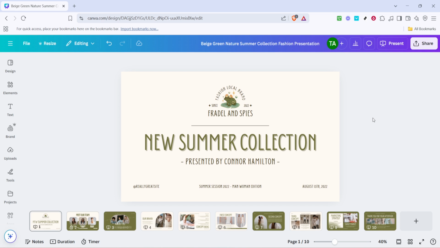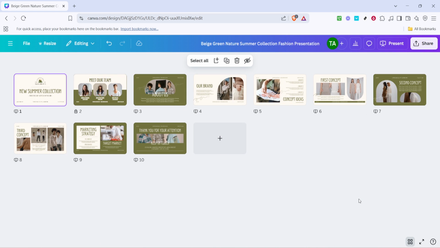Let's get started by opening up your Canva project. Once you're in your design, you'll need to look for the grid icon. This icon is usually located at the bottom of your screen and resembles a square grid. Clicking on this icon will bring up an overview of all your pages within the design. This is a useful tool, especially if you're working with multiple pages, as it gives you a clear view of